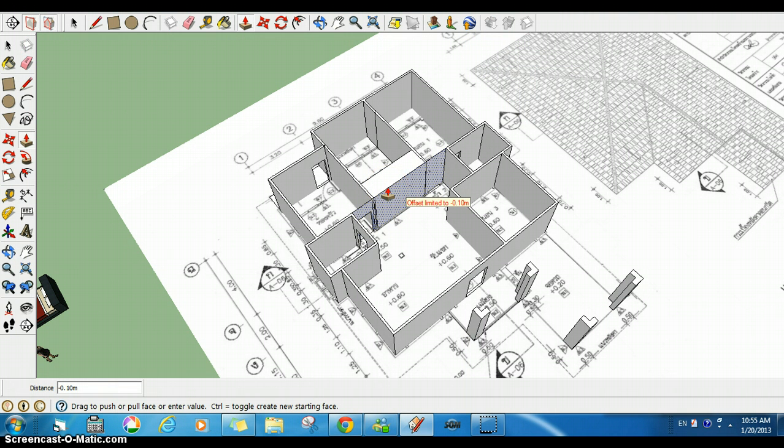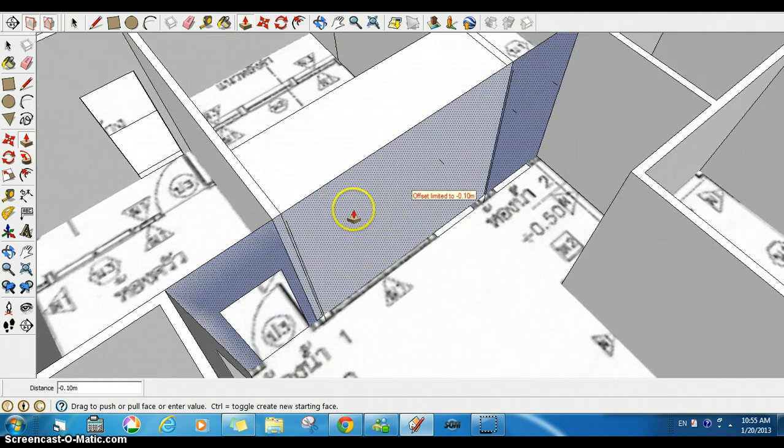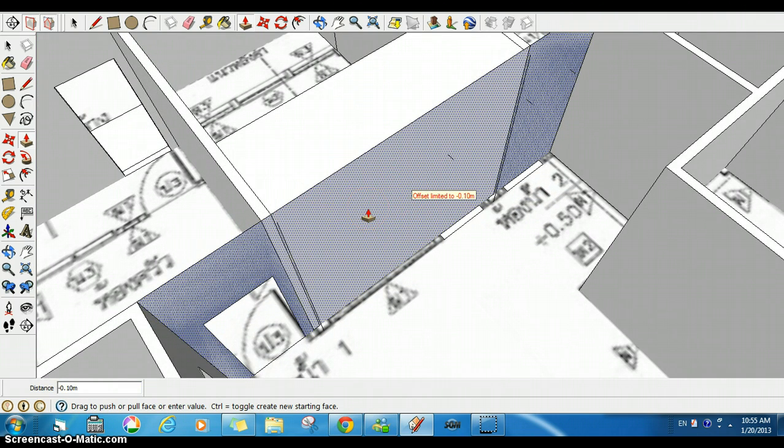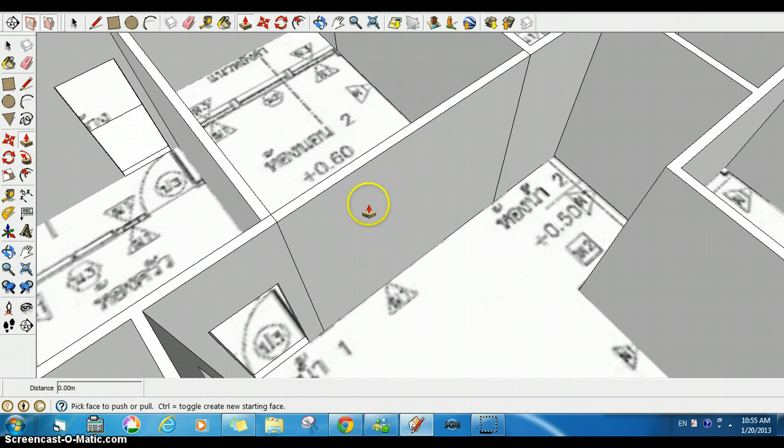Okay, escape. I have made a mistake here, so I'm going to change it and see what it is that I'm picking up. Well, this whole surface, I only want to move this surface here, not all three of these surfaces. So I'm going to take my rectangle